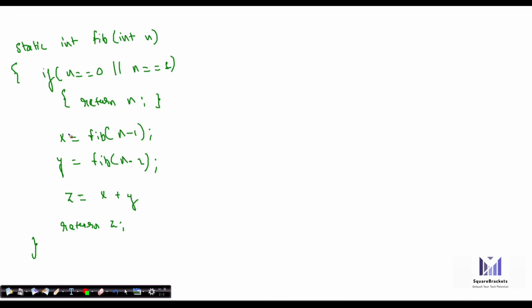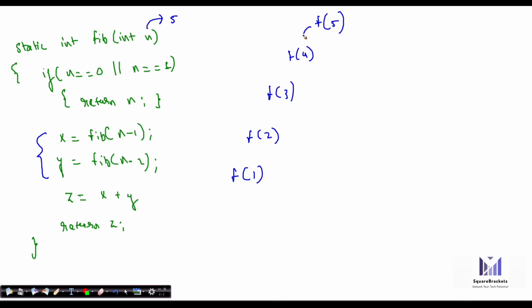Let's build the tree of the Fibonacci series, because using the tree you'll be able to understand the problem with recursion. There are two recursive calls that we have. We'll start the tree with f5, let's say n was 5. It is going to call n minus 1, so it becomes f4, then f3, then f2, then f1. So first f5 calls f4, it calls f3, it calls f2, it calls f1. Simple enough.